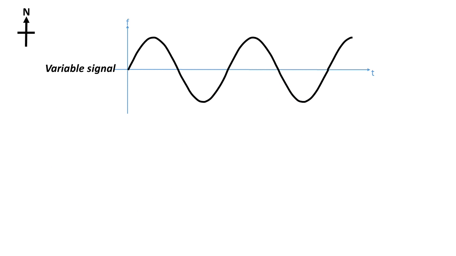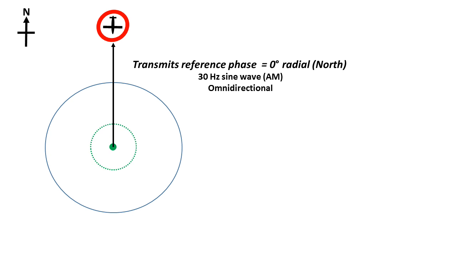However, receiving a 30 Hz sine wave by itself is of no use. We need a north reference signal to compare it against. This is provided by another omnidirectional antenna, located in the centre of the ring that the variable signal moves around. This transmits a 30 Hz sine wave signal using AM on, in effect, a slightly different radio frequency. This signal has the same phase as that which an aircraft would receive from the variable signal if due north